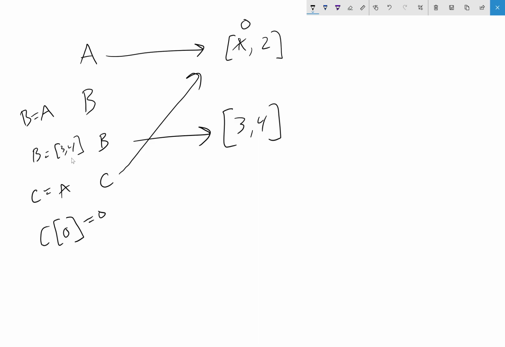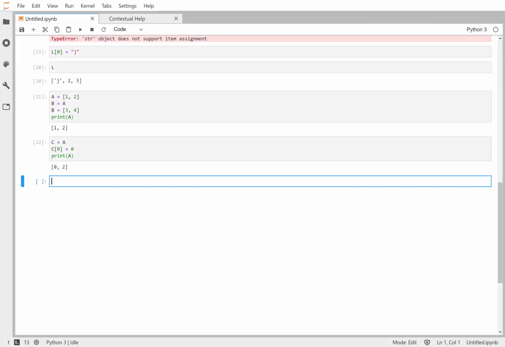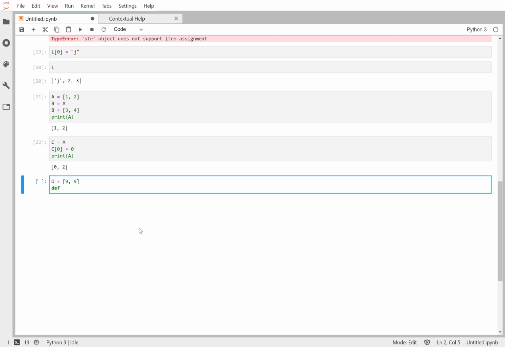We didn't see this before with single variables because you can't change a number in place. Numbers are also immutable. You can't change 2 to 3. 2 and 3 are different things. But you can change a list in place. And so that can be really kind of confusing. This is true even if you're passing them to functions. So let's make some new names. Let's make D equal to 9, 9. And I'm going to create a function,